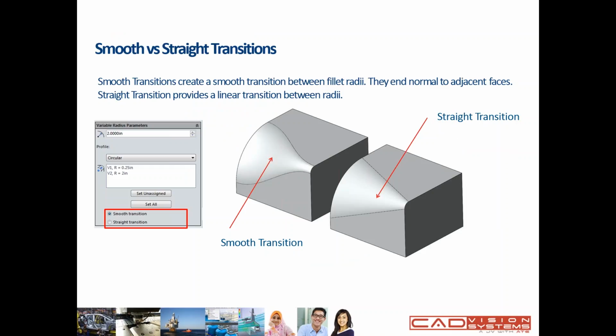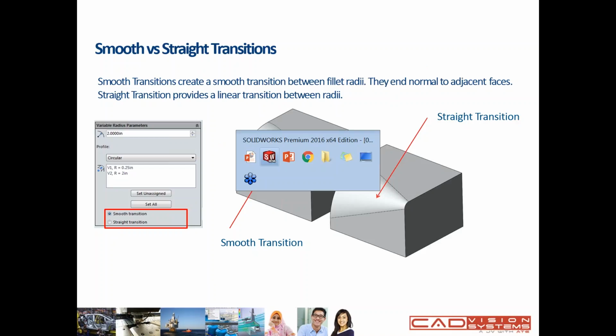The major difference is that for the smooth transition radius, the start and the end of the fillet will always be normal to the adjacent base, but straight transition is not. It doesn't consider that. What I mean is, if you see in 3D,